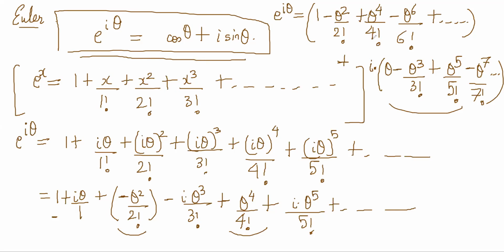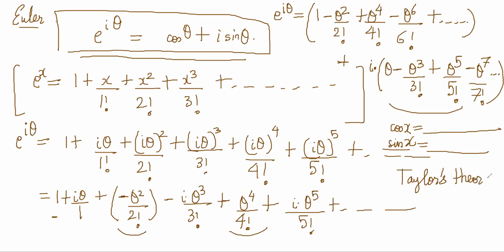Now this is how you are getting e power i theta. Now the thing is that, again, this is also calculus that you don't know right now, but there is a series for cos x and sin x. Cos x and sin x can be written as infinite series. Okay, there is a theorem called Taylor's theorem. Taylor's theorem, I can tell you what it is, wait. So Taylor's theorem,